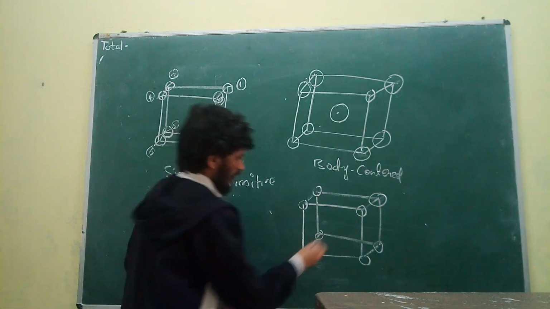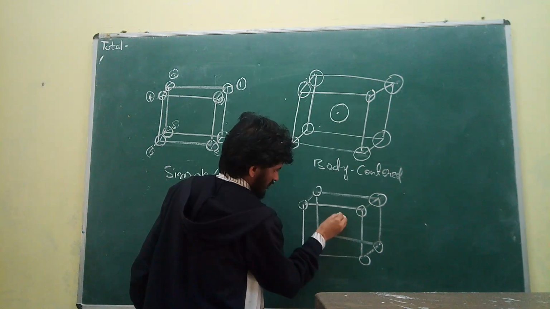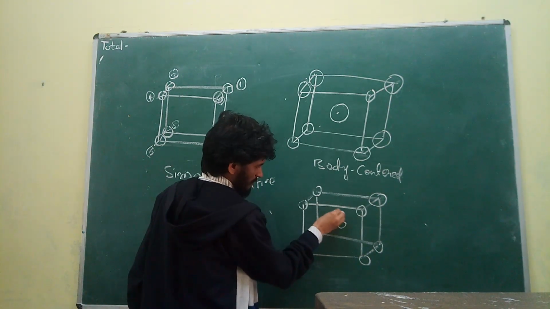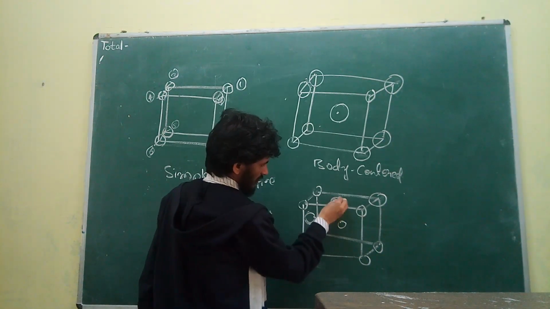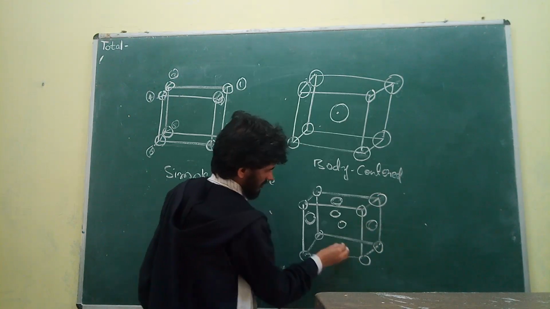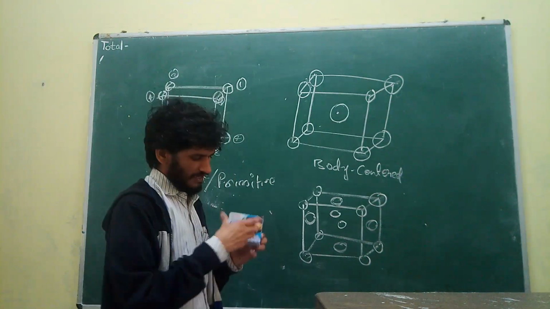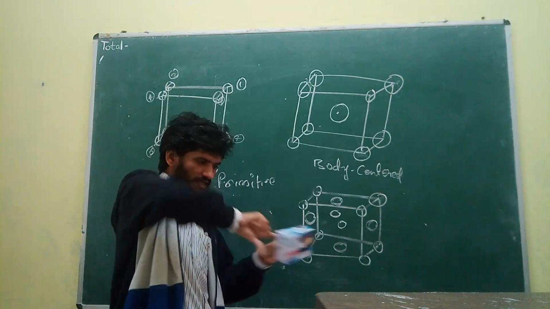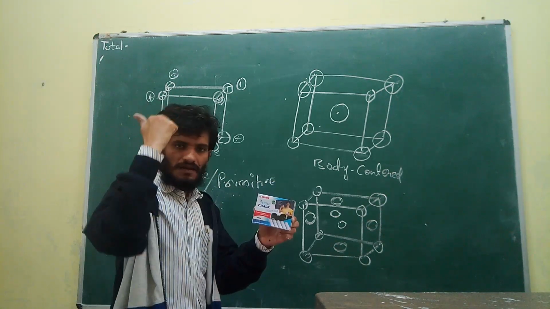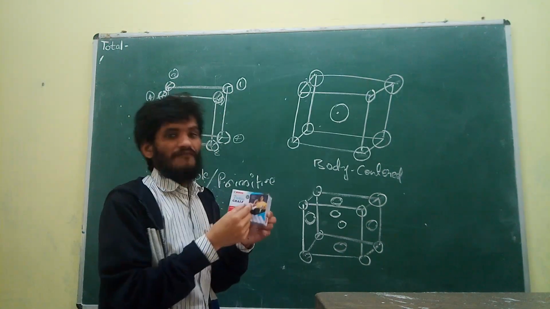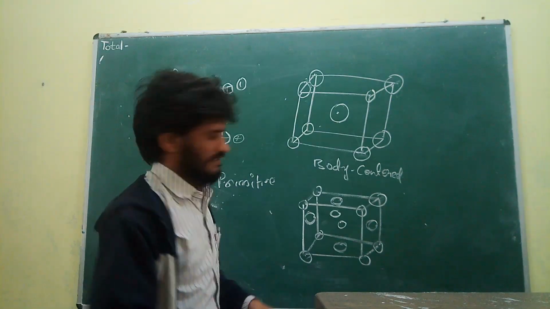Now see here, on this face, this is the front face, so 1 atom is present, and on the back face another atom is present, and on this face 1 atom is present, this face another atom, and this face 1 atom, and this face another atom. Middle of the face means 1 atom is present here, 1 here, 1 here, 1 here, 1 here, and 1 here. In all 6 faces, in the middle of the faces, remember carefully, 1 atom is present, understand?